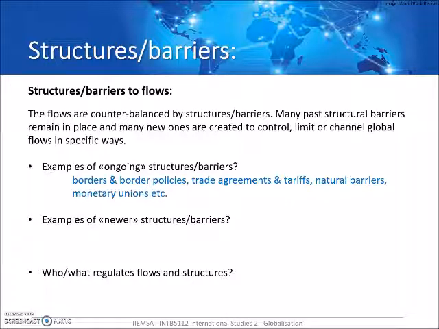And these are usually ways in which a country tries to control the flow of things, right? Maybe South Africa doesn't want tons of Brazilian chicken to be imported into South Africa because we have our own chicken here. So what the South African state will do is to put trade tariffs on those Brazilian chicken so that they become more expensive on the local market. So that's a way of limiting that flow of Brazilian chicken, right? This is just an example.